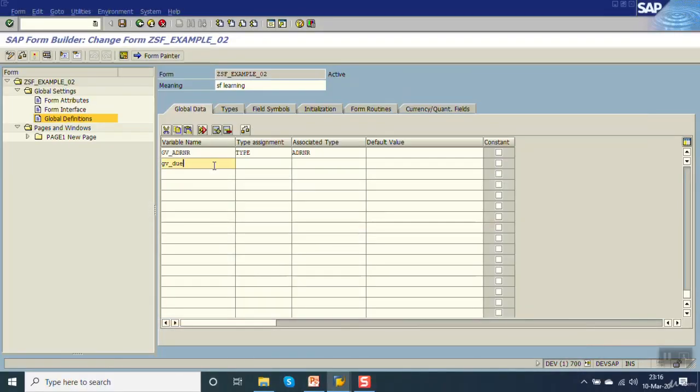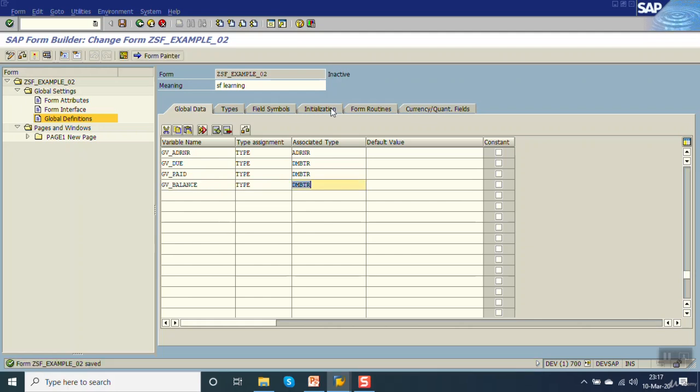Let's say GV_DUE, and the type will be DMBTR. GV_PAID, and the type is again DMBTR. Third one is GV_BALANCE amount, again check as